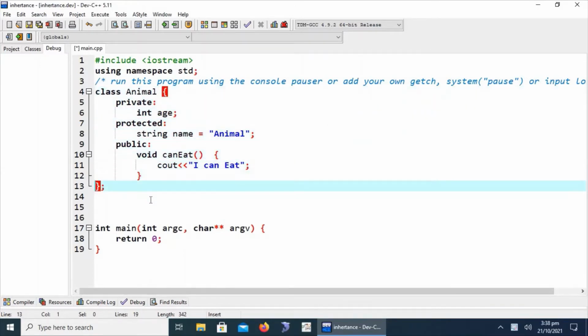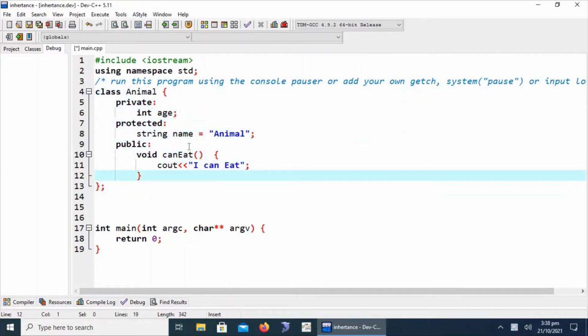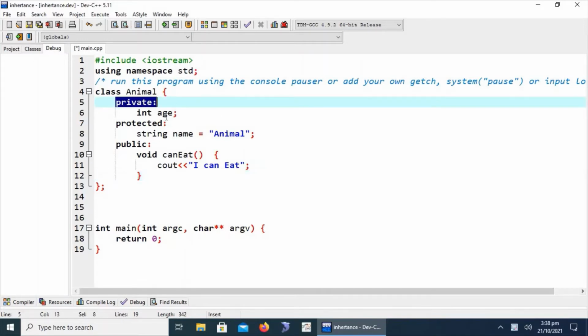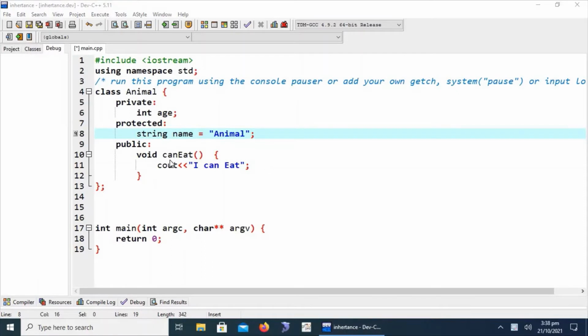Here we have to clear one thing: what is the scope of the access specifiers in derived classes. So let's start by discussing the private member access specifier first. Here we can notice that the private member access specifier contains one attribute, int age. This will also be private in derived classes.